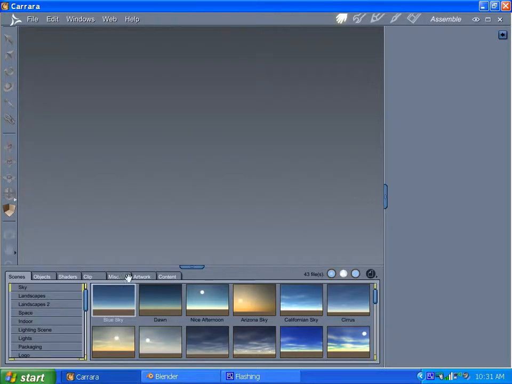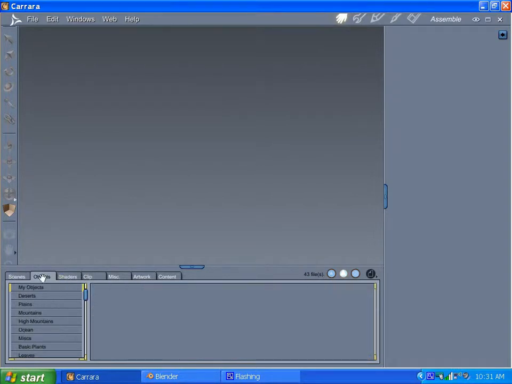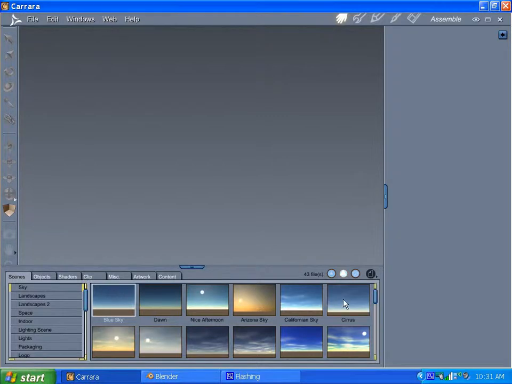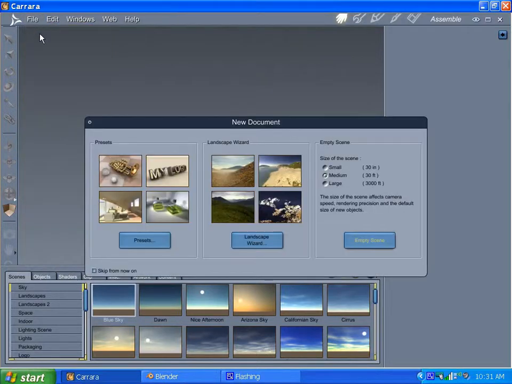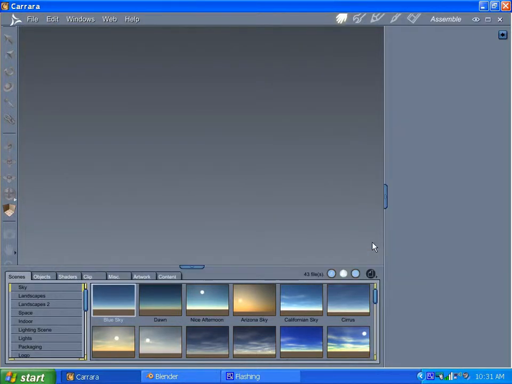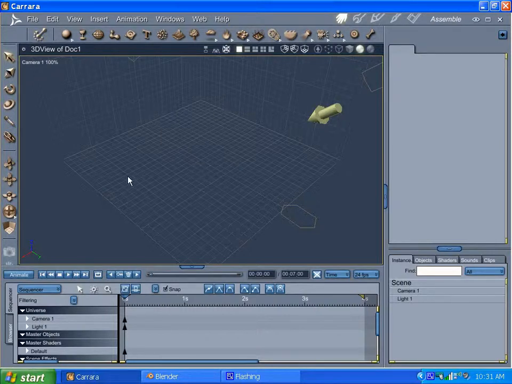But let's go back to Carrara. Carrara is Daz 3D, which I think was originally Eovia software, which is like a French company, but Daz 3D bought it out, and they have it as their render engine of choice. Really, Daz 3D's bread and butter is content, and that works well with Carrara because Carrara has a fairly easy, as you see on the bottom of the screen here, drag and drop, throw stuff on the screen library. You can do scenes, but I'm just going to start a file new, and I'll just start an empty scene, medium,